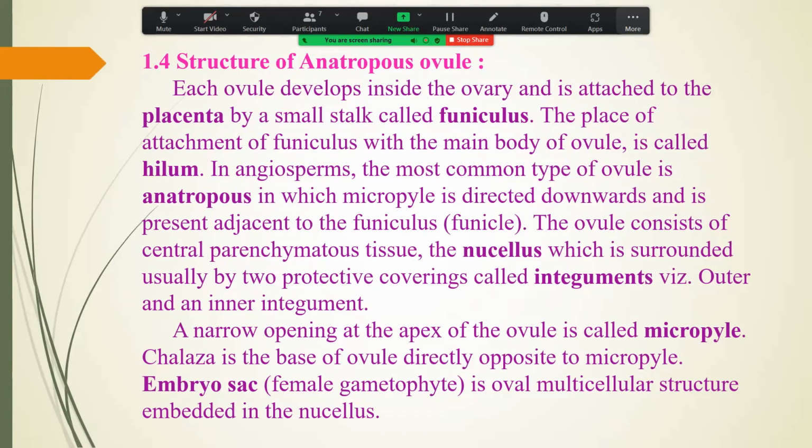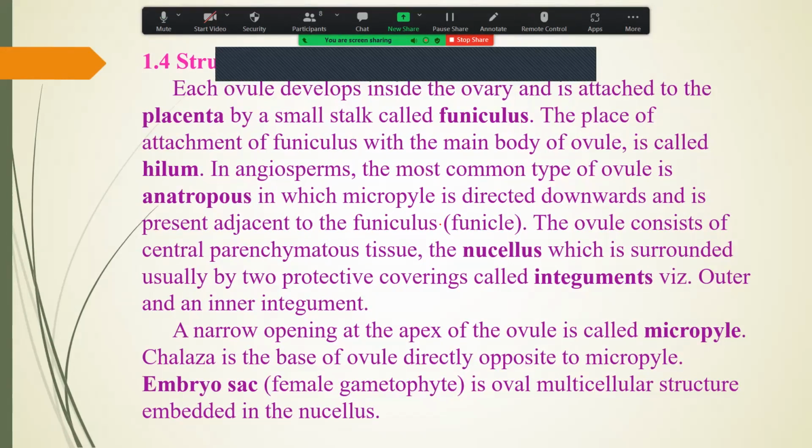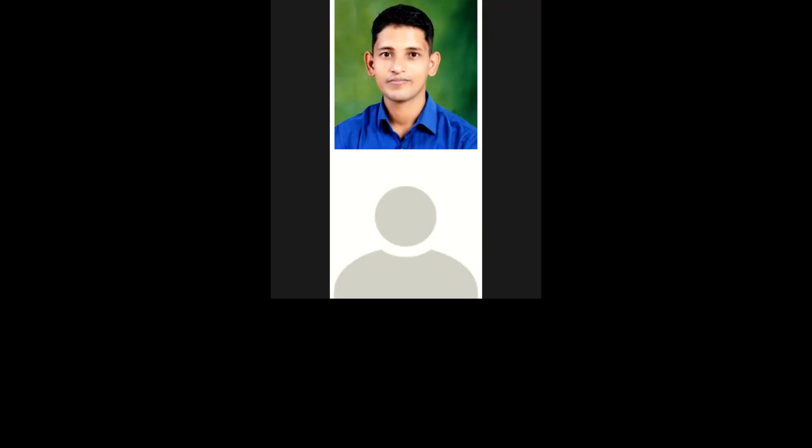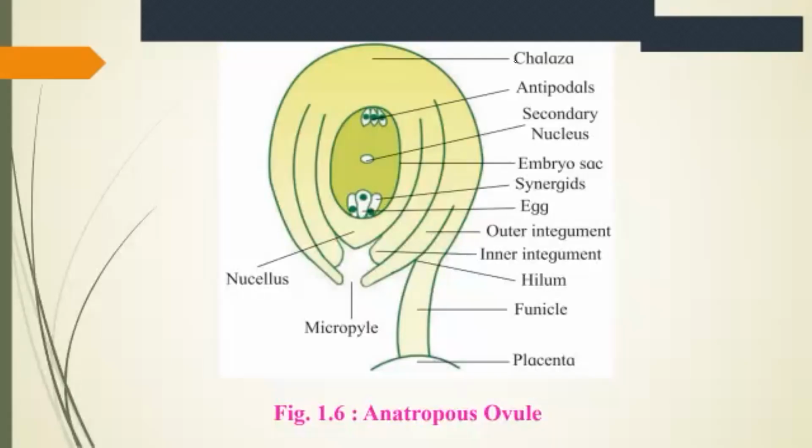Okay. So if we are looking for the structure of an anatropous ovule, what are we going to observe? In the diagram, the structure will be clearly understood. So here we have the complete structure of the ovule. In this case, we are going to observe that